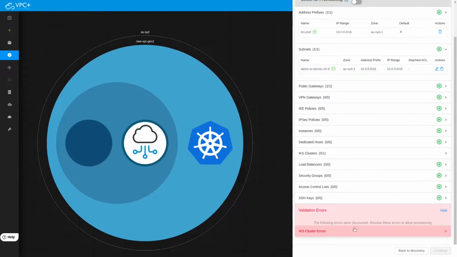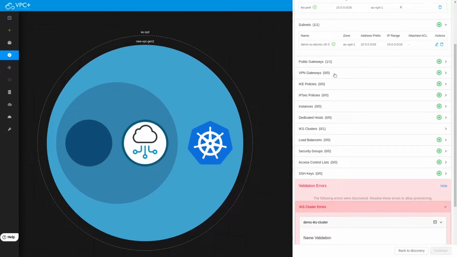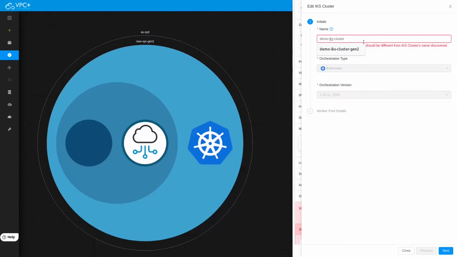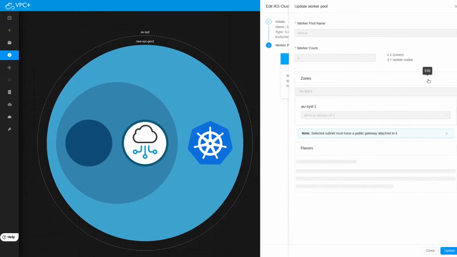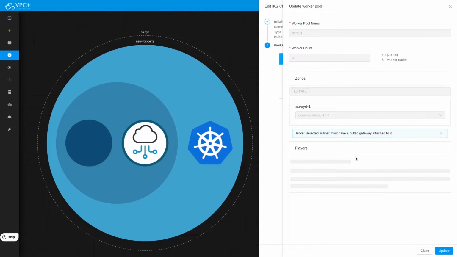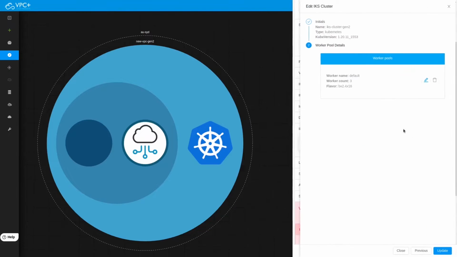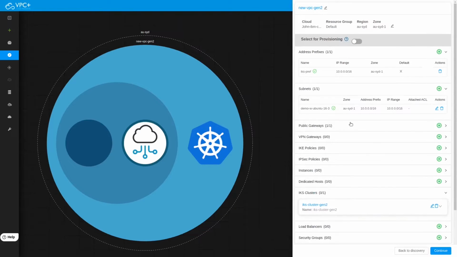The next validation error that we see is due to the cluster name and worker pool flavors. Since different worker pool flavors exist in different regions and zones, for that purpose we need to edit it. And you can't have a same cluster name within IBM Cloud. So we are going to change the cluster name, save it, and edit the worker pools. A live call is made to fetch the worker pools available in Sydney region. We're going to select this worker pool, update the